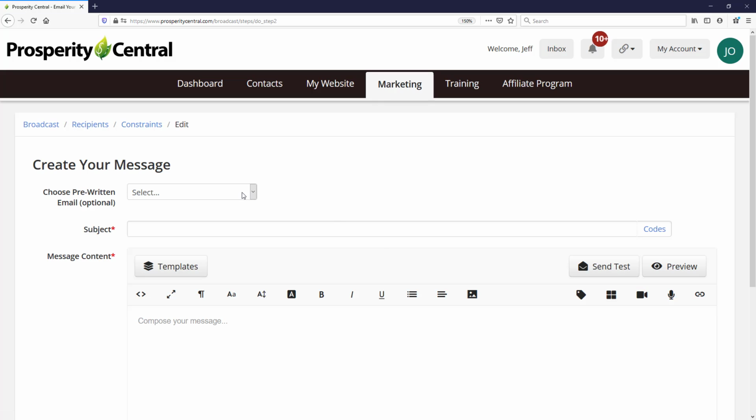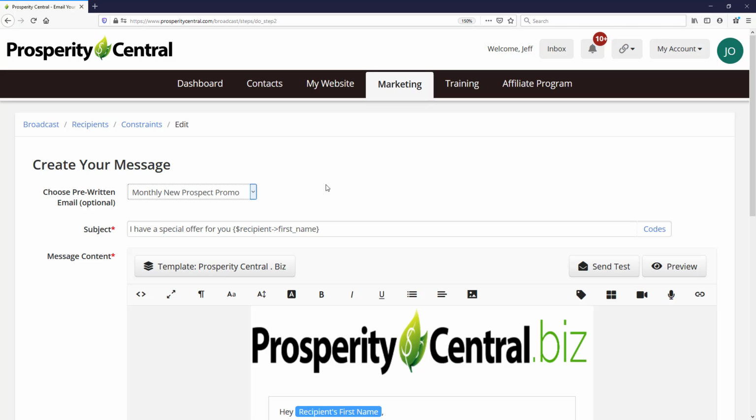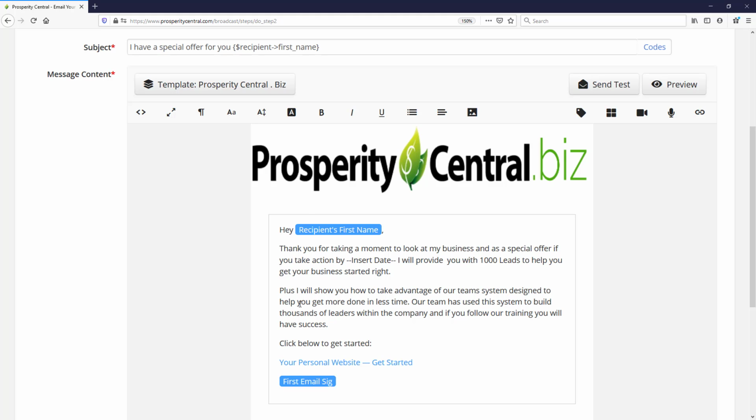Now on step 3, you'll see choose pre-written email. You'll see that email that we created yesterday, monthly new prospect promo, is available for me to select. Once I select that, it's going to pre-populate the subject as well as the body of the email. Now, no worries. As you can see here, we can fully customize this before we move any further. But what this does is it saves us a tremendous amount of time if we're creating similar broadcasts on a regular basis. And more importantly, which we'll get into in more detail later on, is the ability to share a